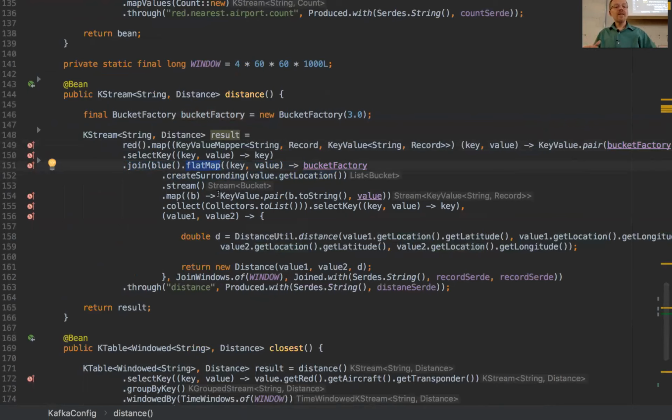I then stream that, put that into the value pair, and now I will join on all the red planes in that bucket with all the blue planes, calculate the distance, and return that into the distance topic.